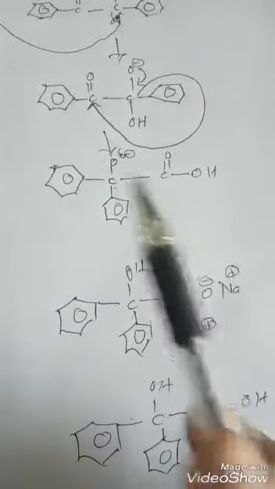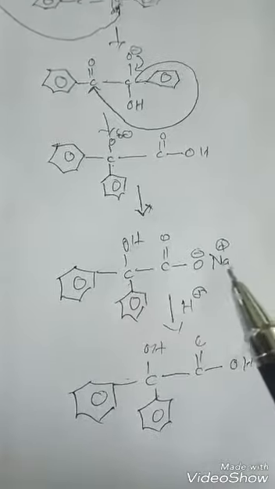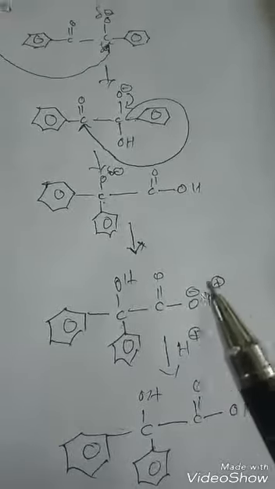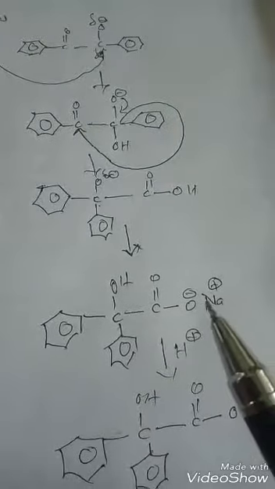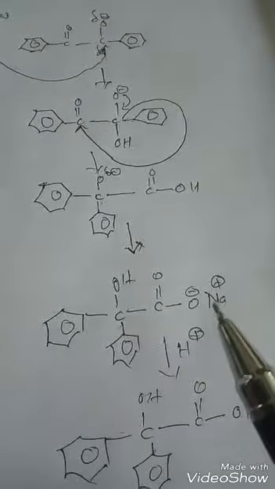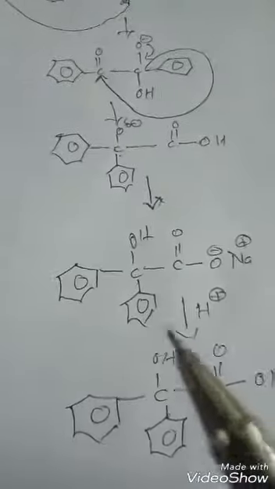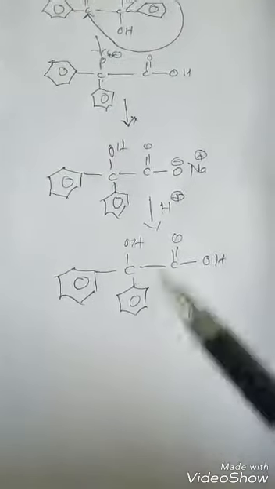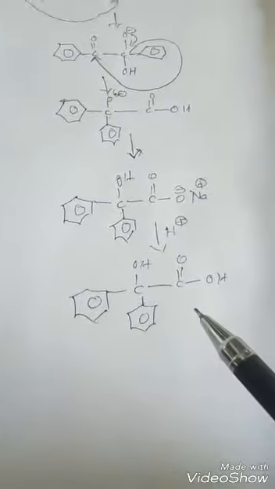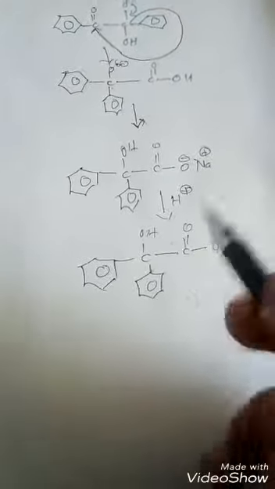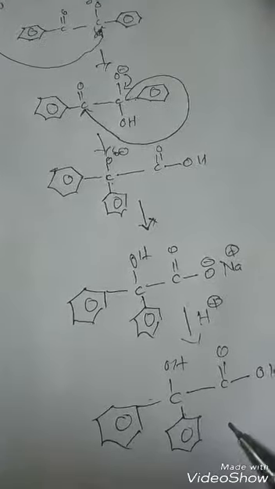The H+ broken from here can attach here on the oxygen, and OH will form. This Na+ or K+ will form an ionic bond; it comes from the base we are using. When this salt is made acidic, we will get the alpha hydroxy acid. This is the structure of benzilic acid. Now while doing this, what we have to again